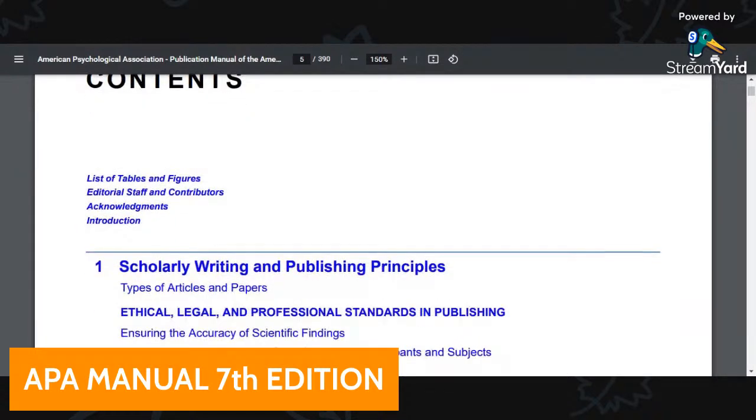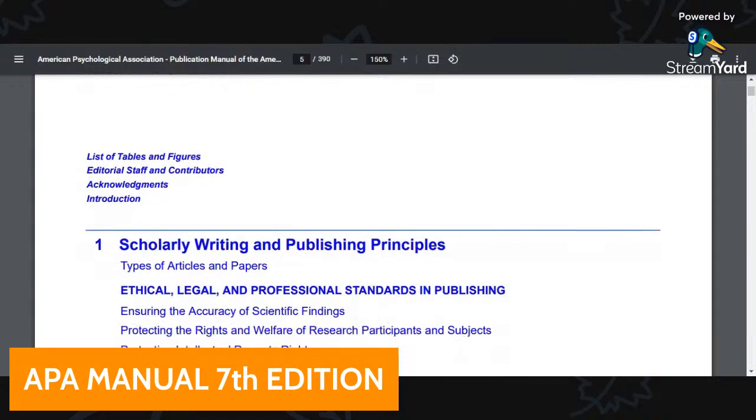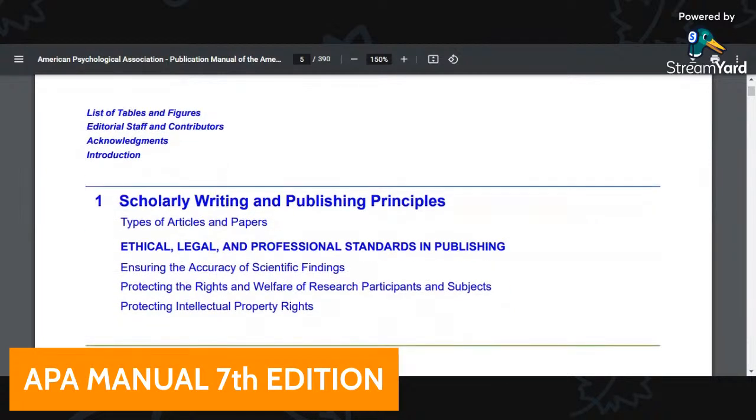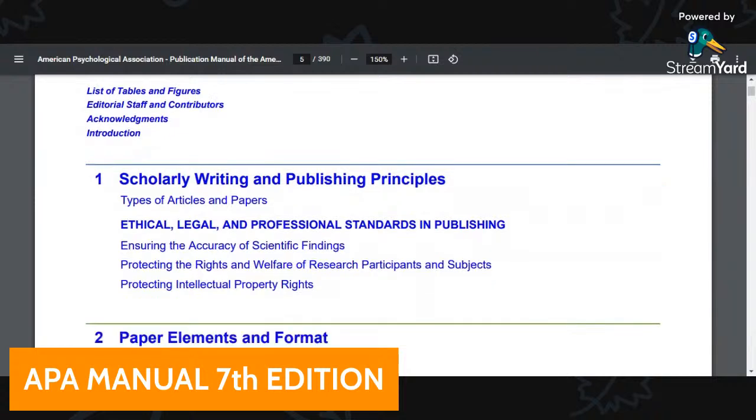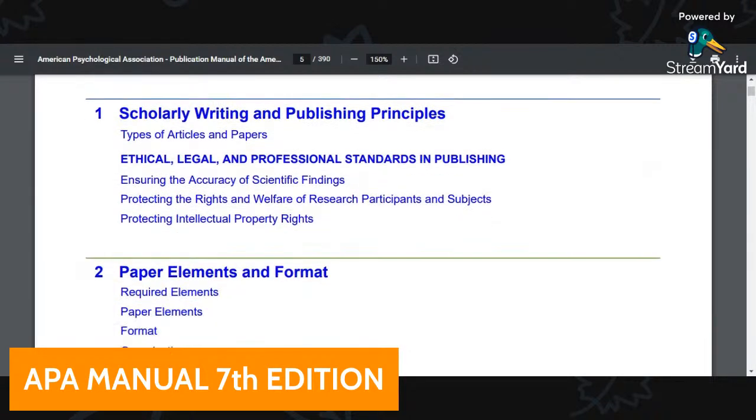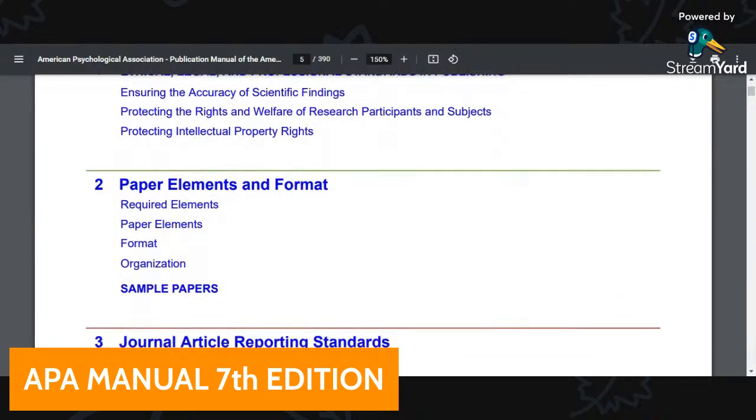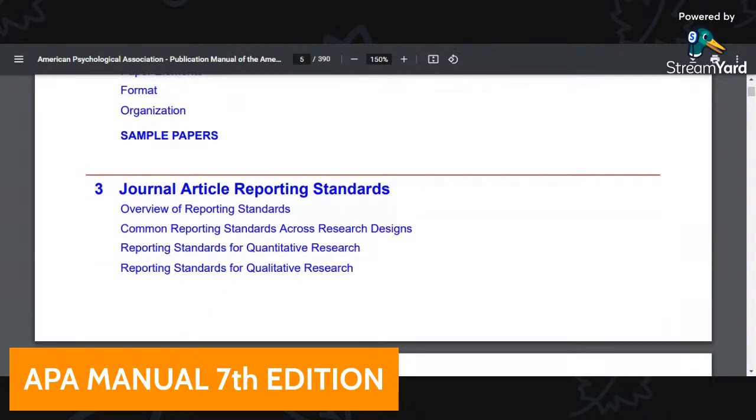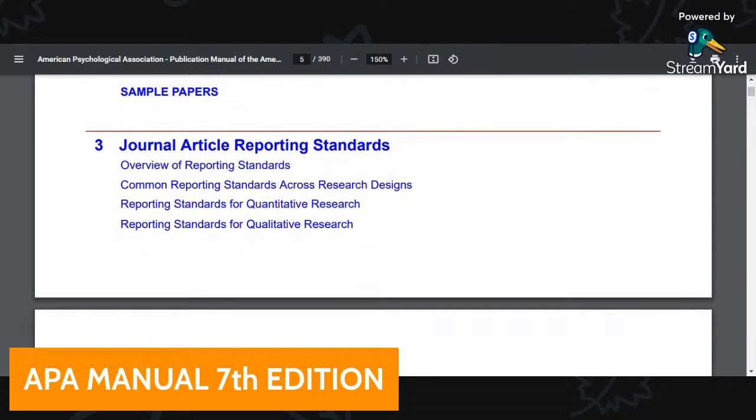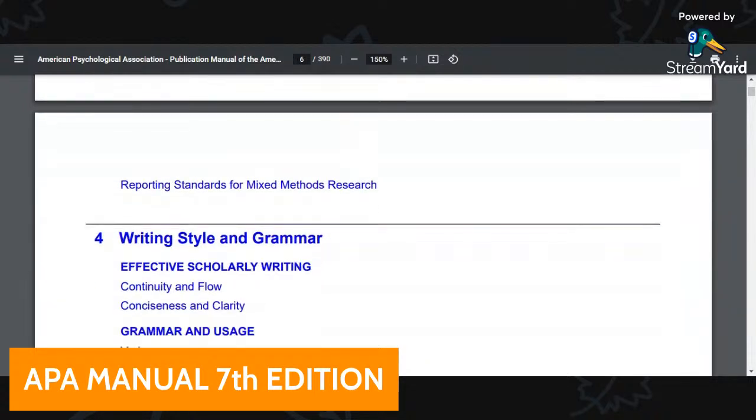List of the tables, editorial staff and contributors, acknowledgements and introduction, publishing principles, types of articles and papers, ethical, legal and professional standards in publishing, paper elements and format. The second unit, third is journal article reporting standards, how we use the APA format in writing our journal or